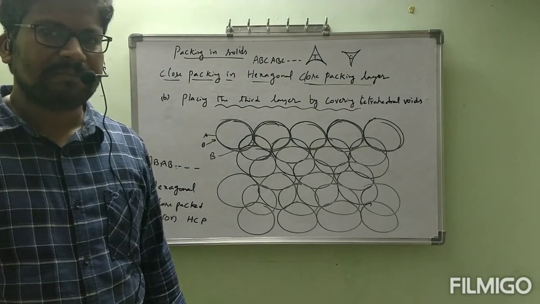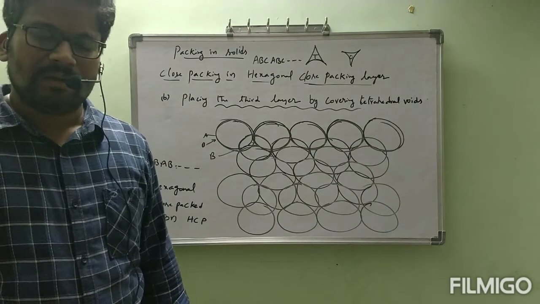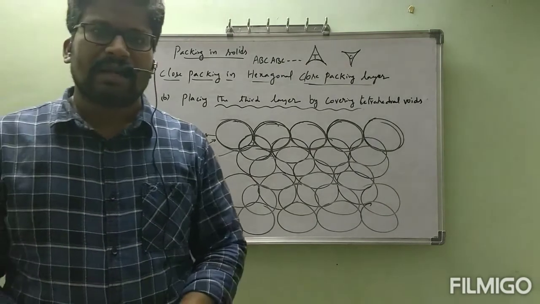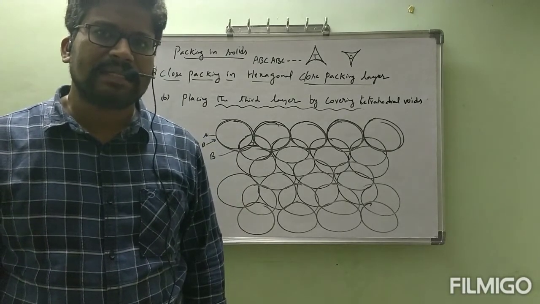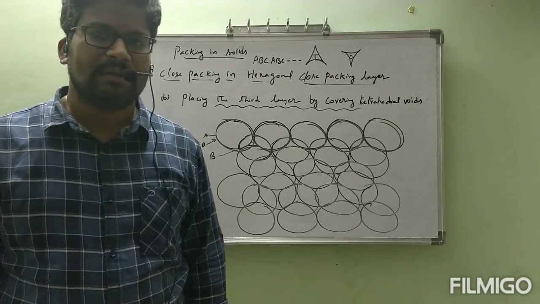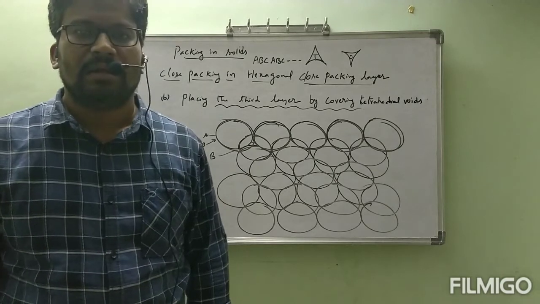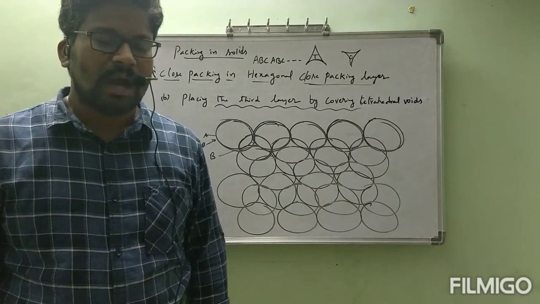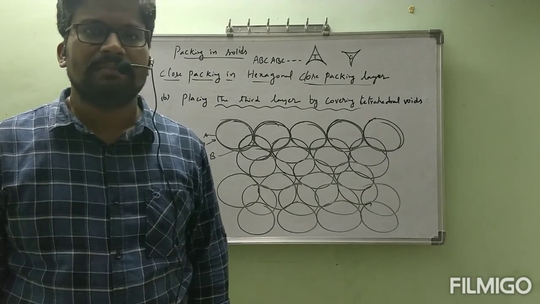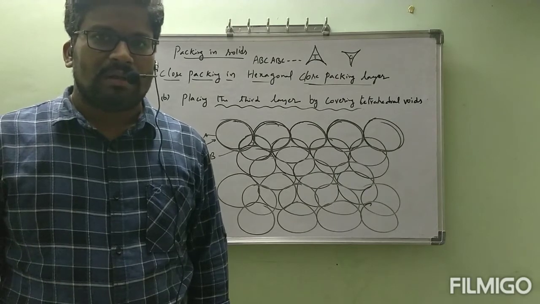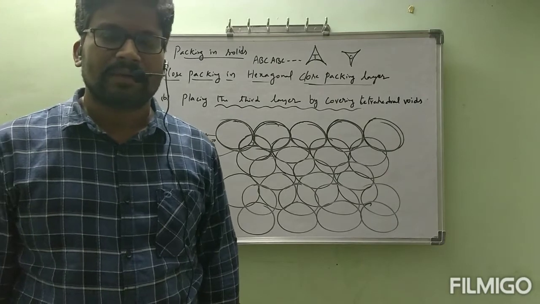So what are the subtopics we are discussing in solid state? Everything you are going to be clear. After this, we have two more topics: the number of tetrahedral voids and octahedral voids in FCC, and one more thing, that is defects. The number of octahedral voids and tetrahedral voids I will complete in today's class itself. In one more class we will complete the defects. So this solid state topic is going to be completed within one more class. That is what we are going to conclude.